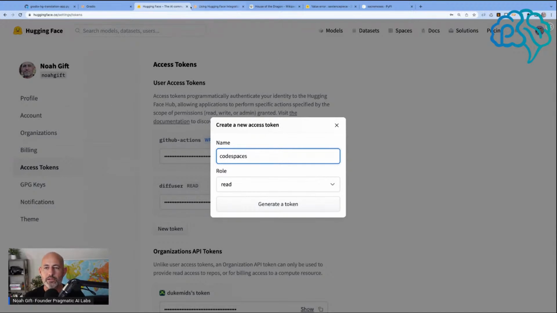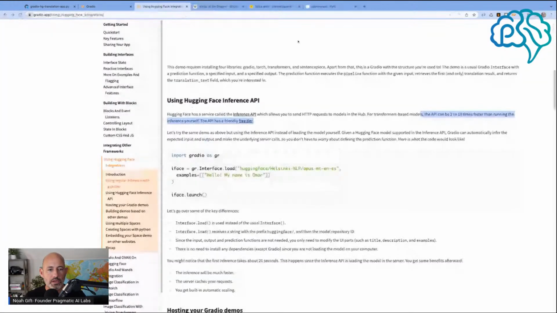I'm gonna do this off screen because I don't know, and this would be a good way to get this thing working. I'm gonna generate a token. There we go. I'm gonna copy,